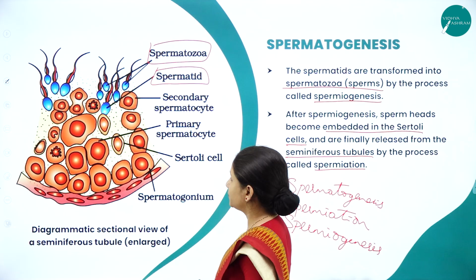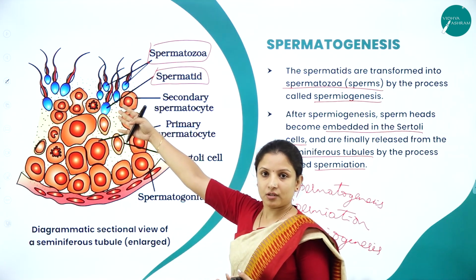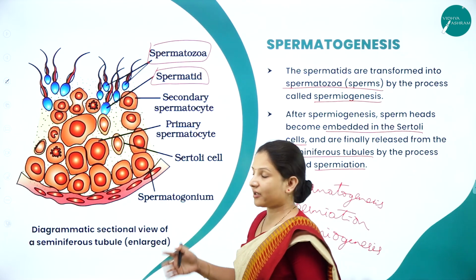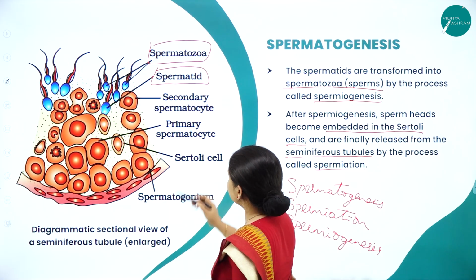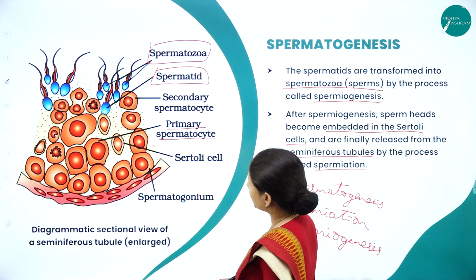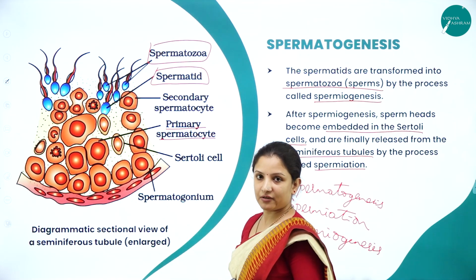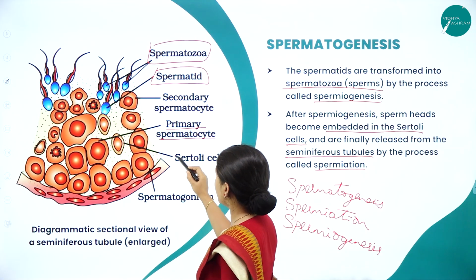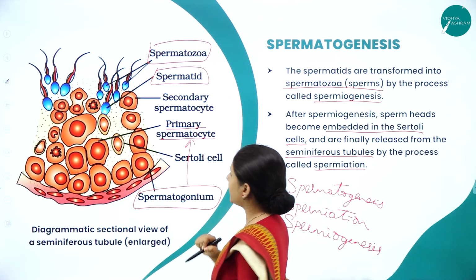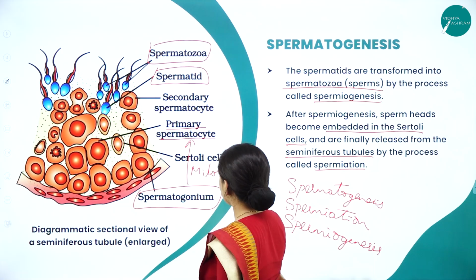So these processes will occur. You can see here the same thing I showed in the NCERT textbook. It was given in the form of a chart or schematic representation. What did we understand? Here we have the formation of the primary spermatocyte. How did the primary spermatocyte get formed? Some of the cells inside the seminiferous tubules, the spermatogonium, formed the primary spermatocyte. How? Through mitotic division.